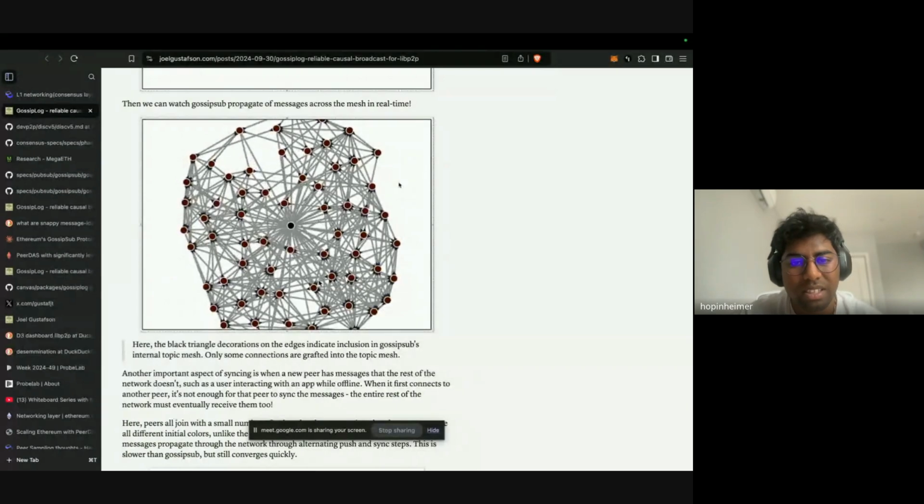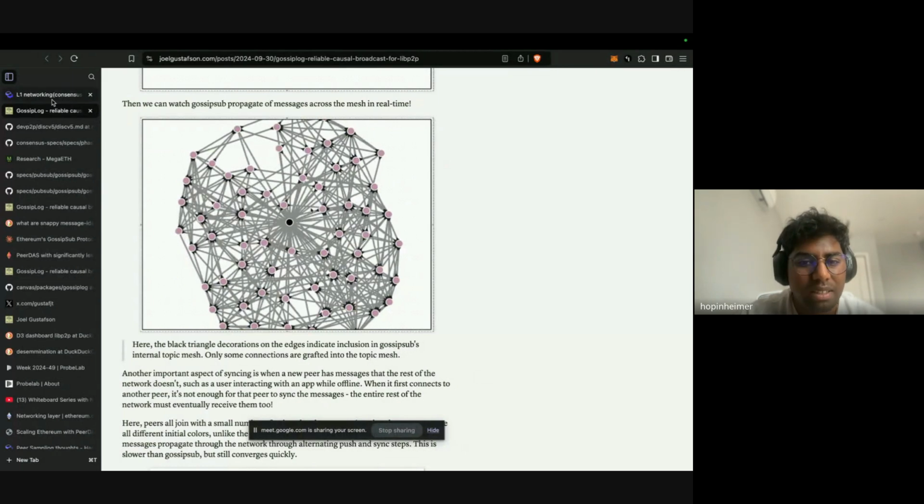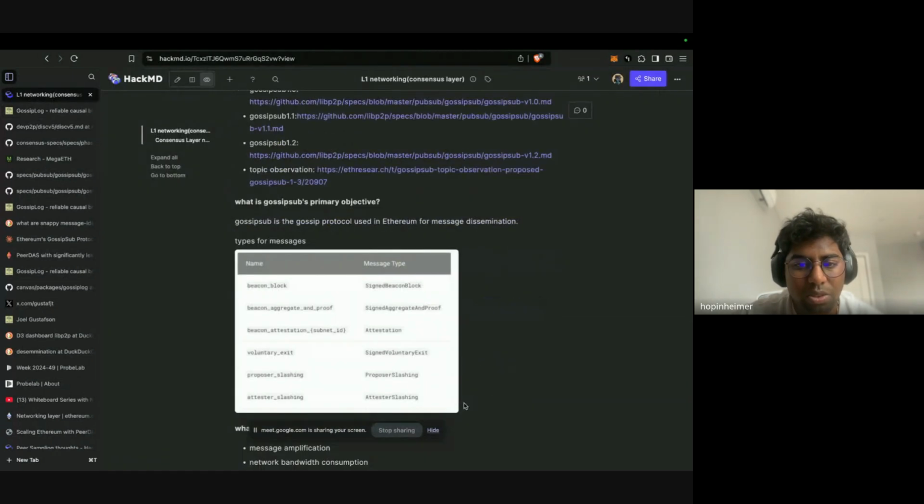This is a brief visualization of that. And so you have these topics basically. There are some global topics and there are some subnet topics where only the peers in the subnet get those messages and not globally.